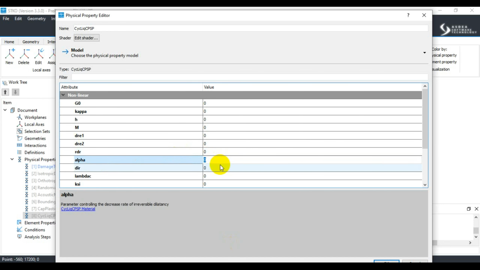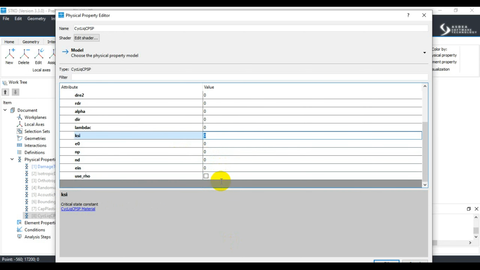We have that ratio of alpha, which we mentioned, VDIR mentioned as well, critical state constant and critical state constant. We have also defined these two parameters here, and void ratio at PC is equal to 0. Then we have material constant for field mobilized stress ratio and NG material and all those materials. If we want to use these, then we can use it here. So these are the